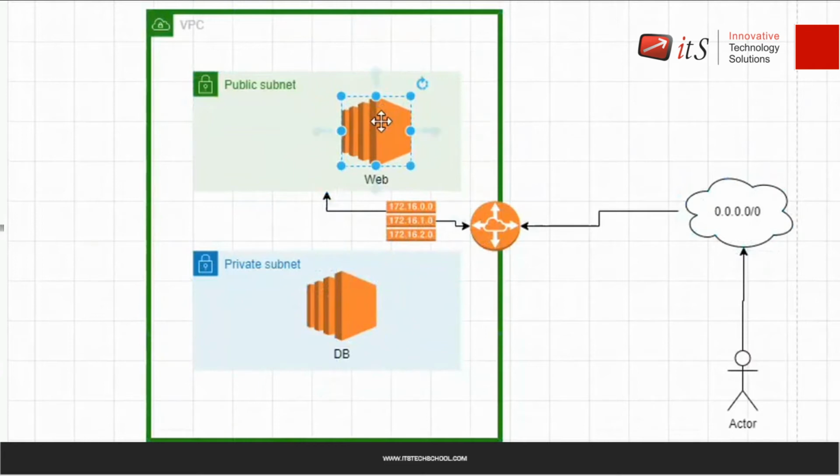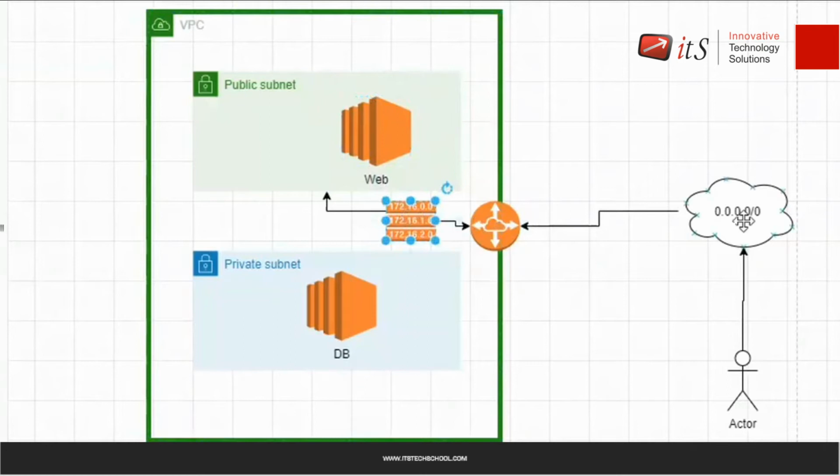The web machine will search for the associated route table. Which is the associated route table for me? This is the associated route table for me, right? So the web server will ask the route table that it wants to go to the internet. I want to go to google.com. I want to go to facebook.com. I want to go to redhat.com or any other website or anywhere. It wants to go anywhere over the internet.